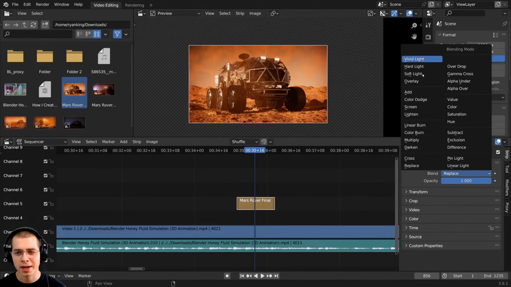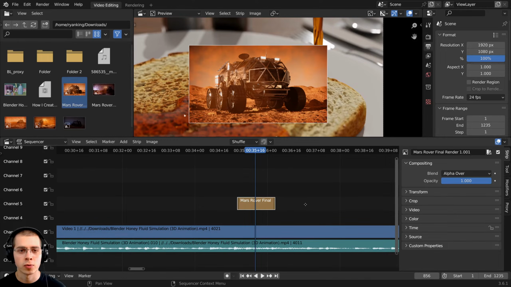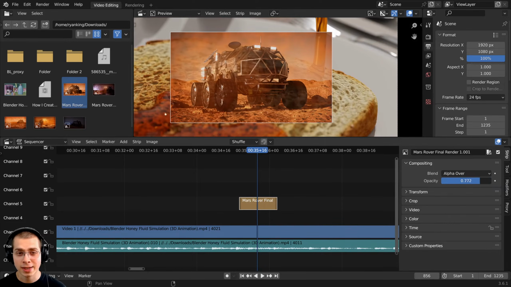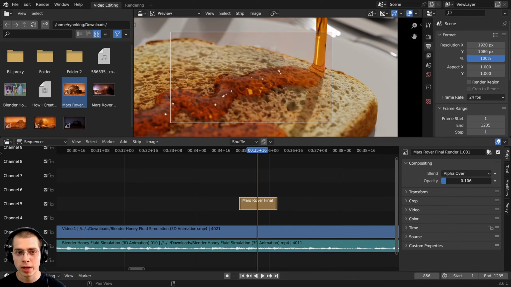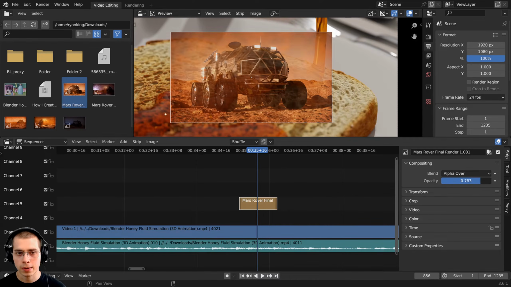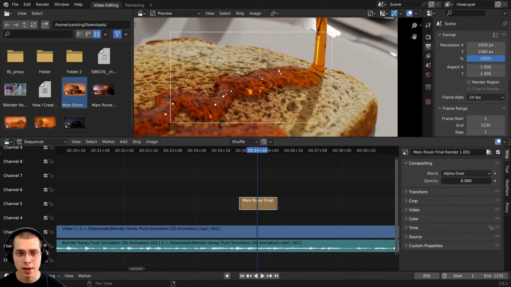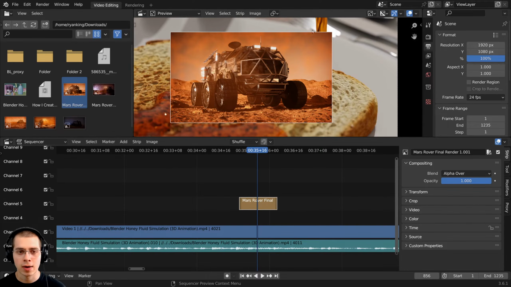So really, most of the time, you're not really going to use these. For the most part, you're just going to leave everything set to alpha over, which is the default. Now there's also the opacity, and this is going to be the fading of the media. So if you want it to fade away, you can turn this down, and I'll also show you later in the tutorial series how to animate the fade if you want to fade images in and out or fade